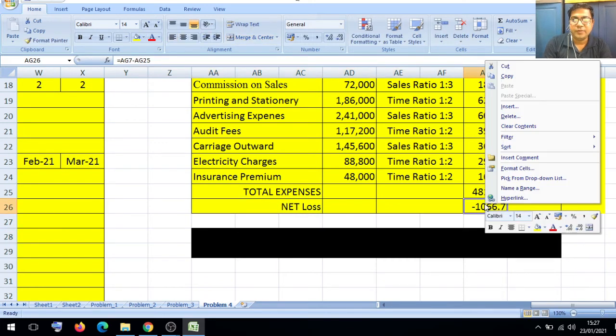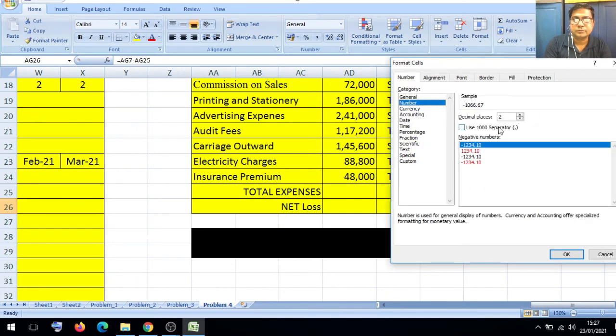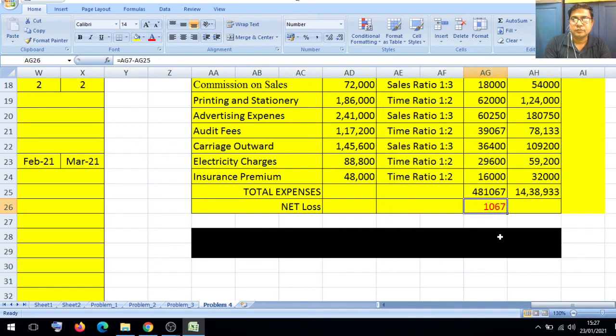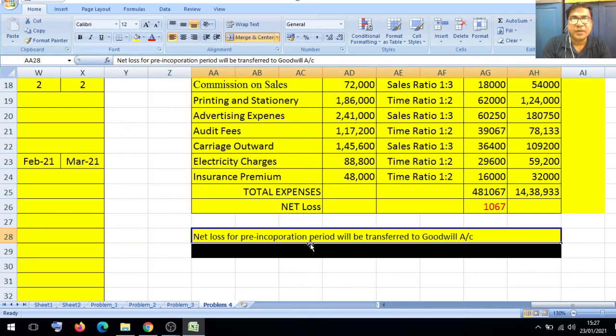This particular value we can round it. This 1067 is a net loss in pre-incorporation period. Pre-incorporation net loss we will transfer to goodwill account. Friends, you should keep in mind pre-incorporation period net loss transferred to goodwill account, and